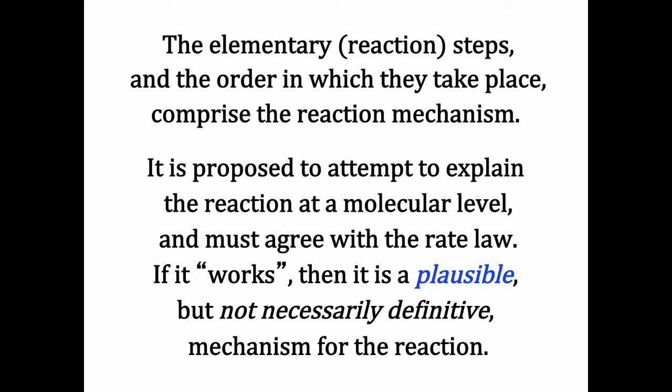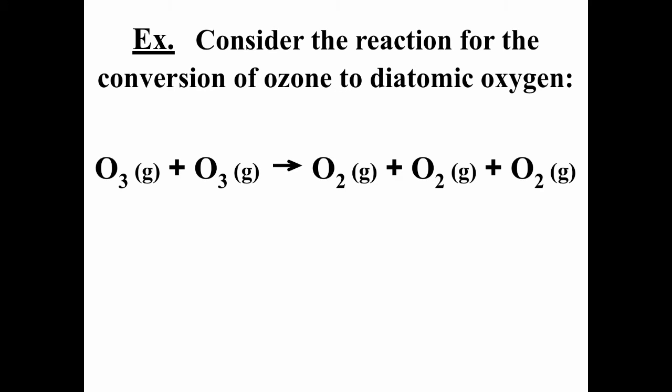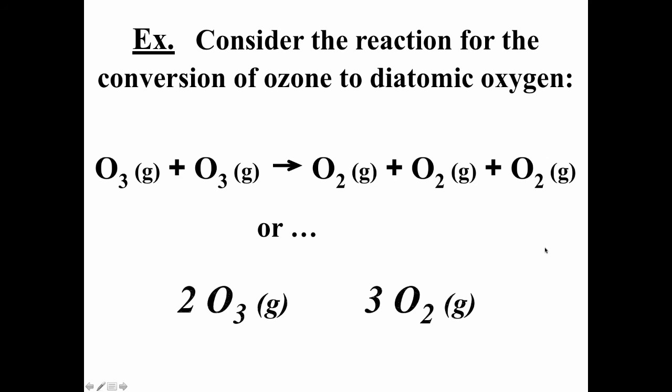We have to do further investigation to ensure that we pick the right mechanism as opposed to a possible explanation that isn't the absolutely correct one. Now here's an example of using a proposed reaction mechanism to see if it's plausible. We have the reaction for the conversion of ozone, O3, into normal diatomic oxygen, O2, and we can write this as O3 plus O3 makes O2 plus O2 plus O2, or more compactly,